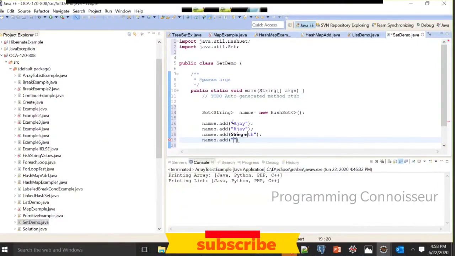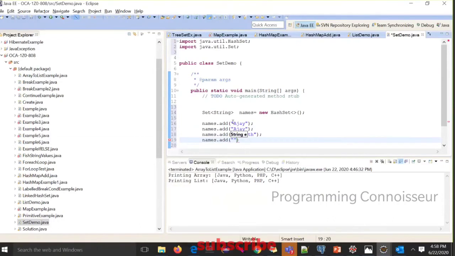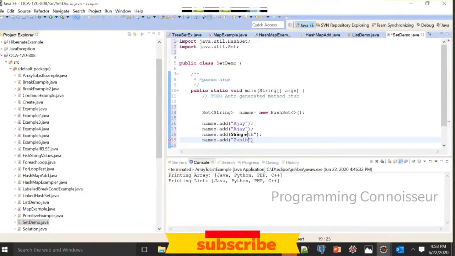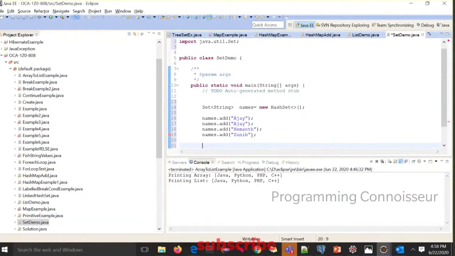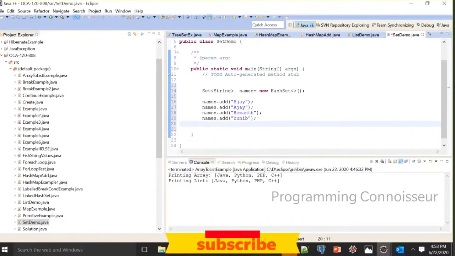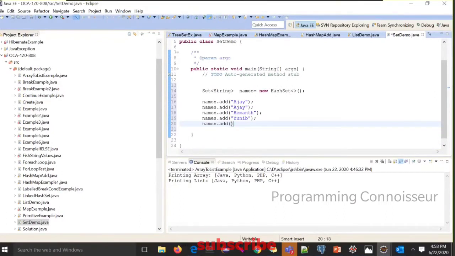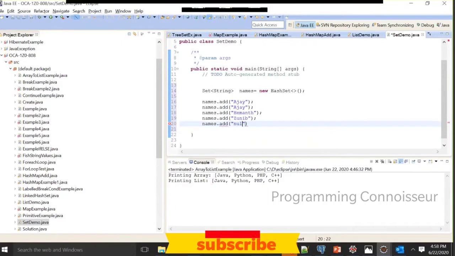So after that I will give some name. It says it allows only one null value, so that also we will cover.